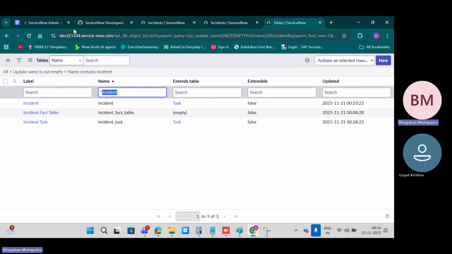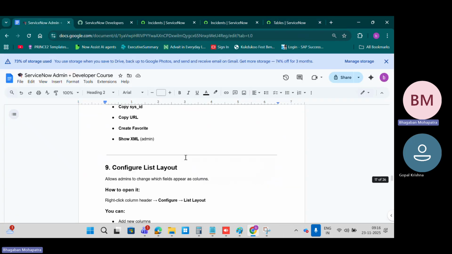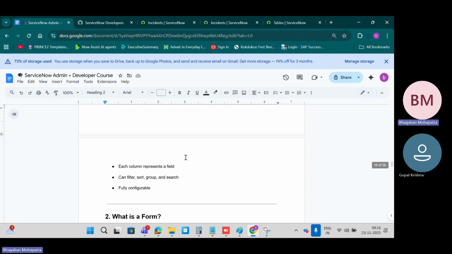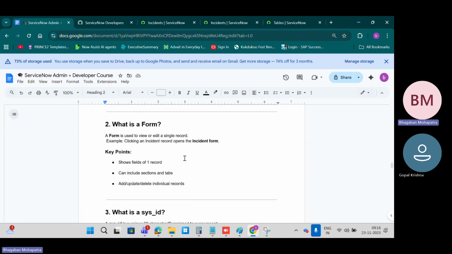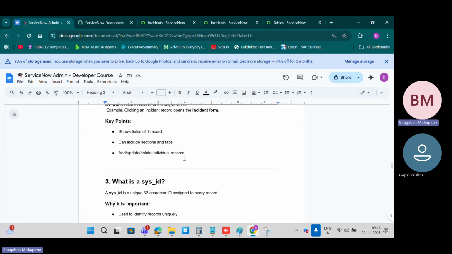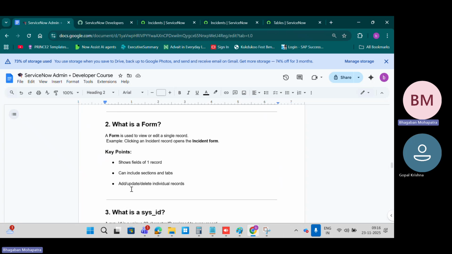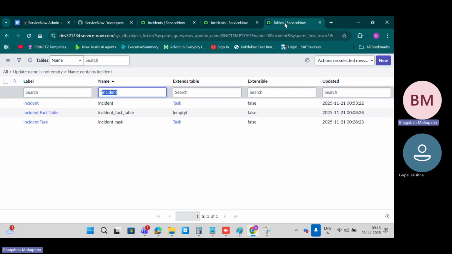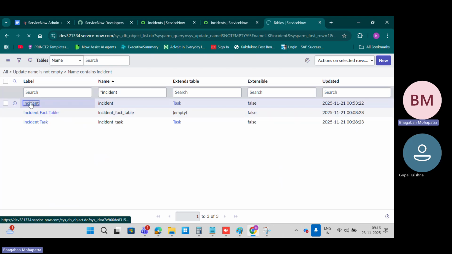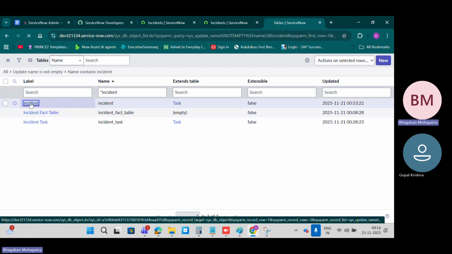So we are now here in the form today. We are in the form we are showing, right? Yeah, form and the list. So form, anything like incident form, like we are talking about incident. So this is a table. In the table, once I open this table,